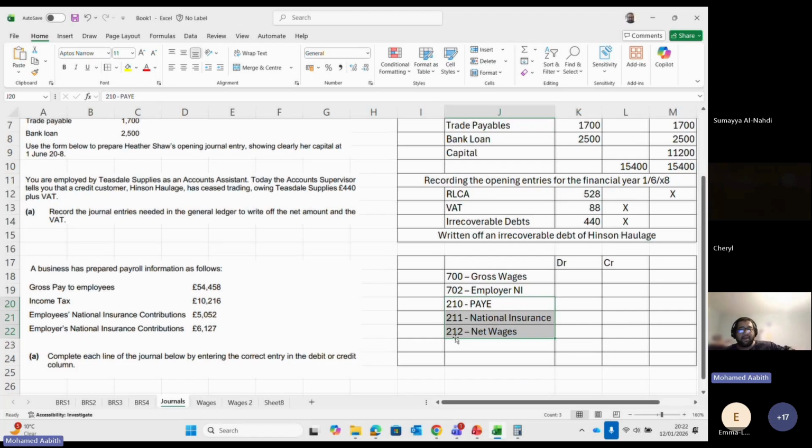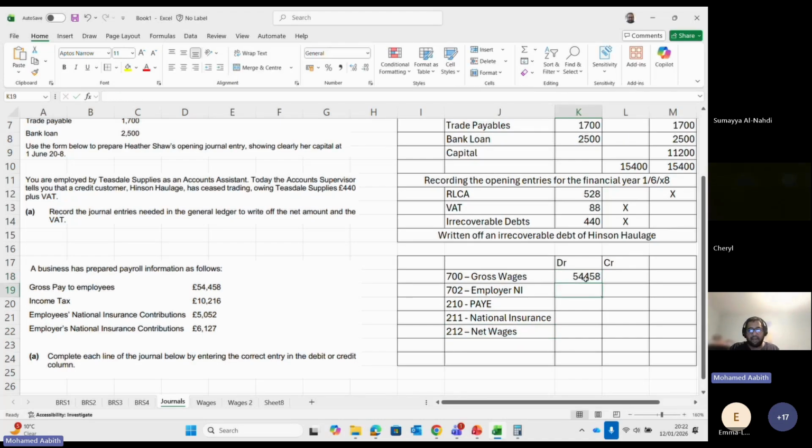Unless you pay them, this will stay in your book as a liability until the payday, because you normally do the payroll a few days before you actually pay your employees. So until you pay them, they'll stay in the system as a liability. Once you pay them, it clears from the system. So let's say here, the gross pay to employees, income tax, employers' national insurance, employees' national insurance contribution, employer national insurance contribution. They're asking here gross wages. You know the gross wages is part of the wages expense. So we put